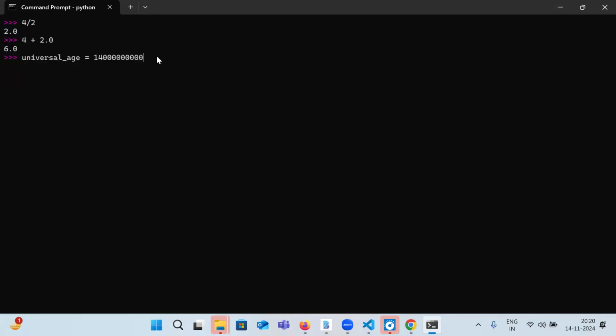Now, if I just hit enter, I have assigned this particular value to my variable, universal underscore age. We can also do this in a different format. How to do that? See here, universal underscore age equal to 14, and you can use an underscore in between three zeros, and you can also use an underscore after three zeros. And if I just hit enter, see here,